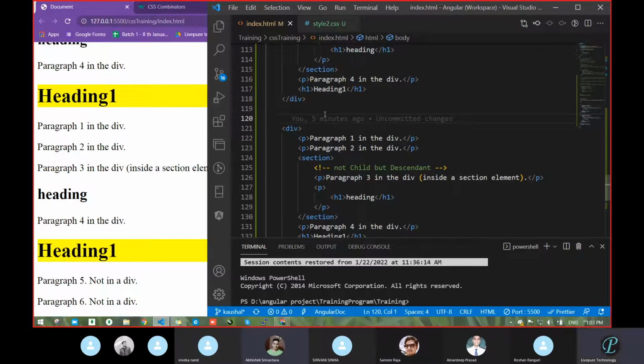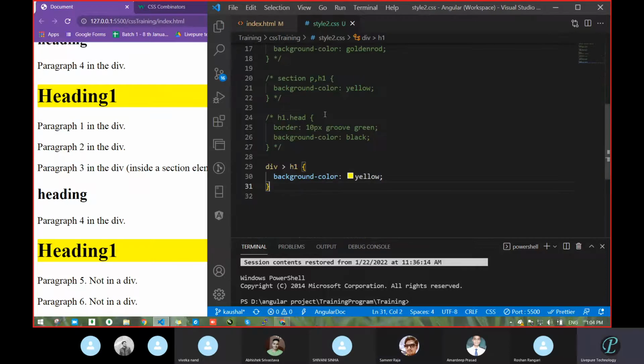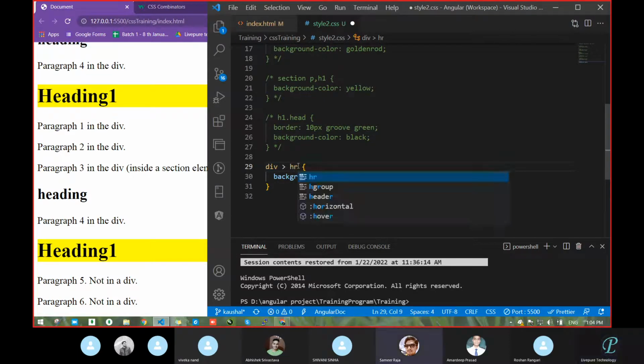Sir, when we use the child selector, div greater than h1, in h1 replace with hr. So sir, all hr, sir, all. You want to replace this HR? Yes, sir. Okay.